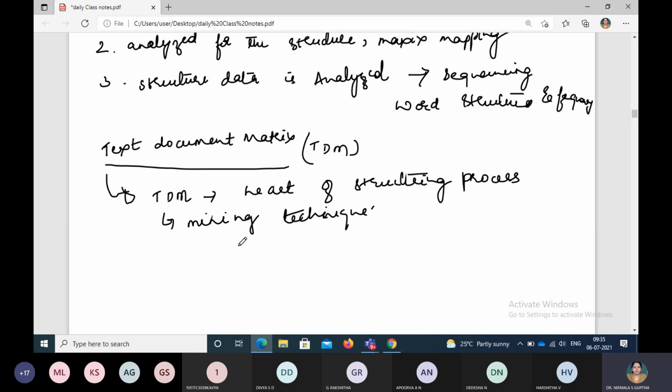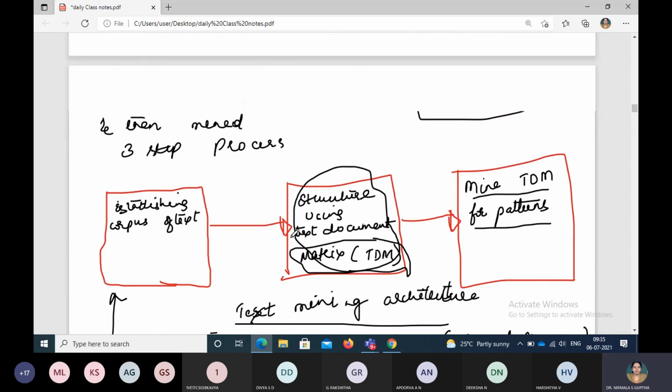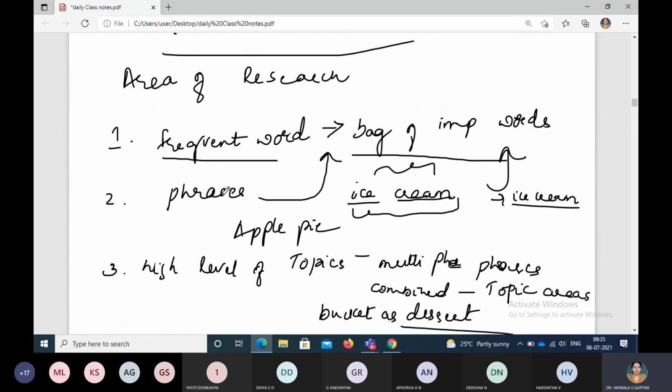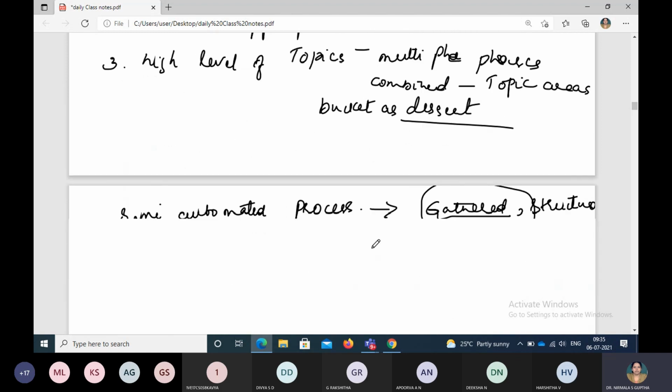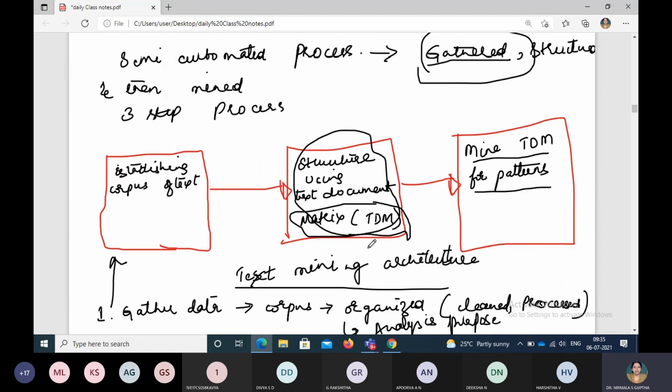For the purpose of our discussion and understanding, one could call all these keywords, phrases, topics, as the terms of interest. You can name it whatever you feel like, but here, as I said, the words, phrases, frequent word, bag, basket, bucket, topic, like that. Based upon the choice of the term of interest, we can call them whatever we feel like, based upon the data we are working with.